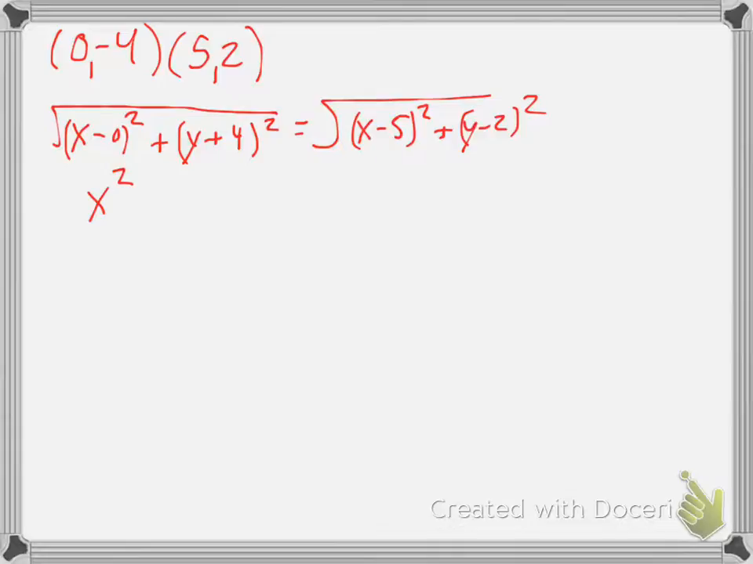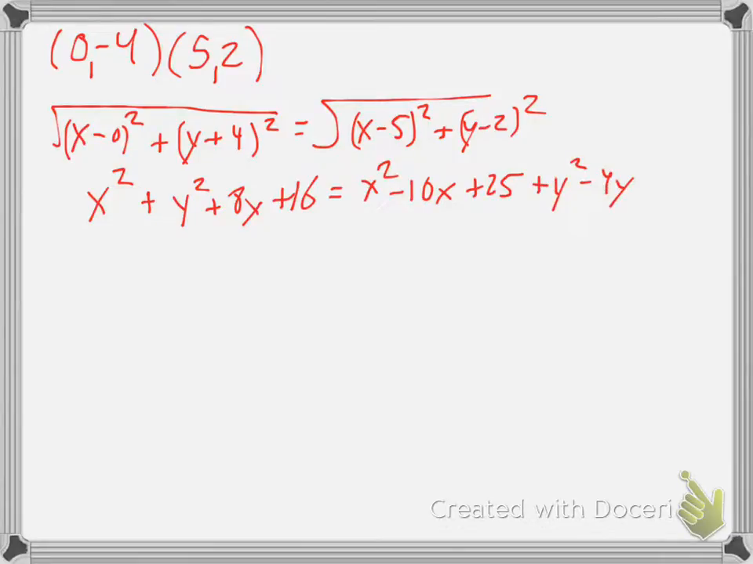So therefore, you get x squared plus y squared plus 8y plus 16 is equal to x squared minus 10x plus 25 plus y squared minus 4y plus 4. Why is it minus? Like, why minus 2? Because,